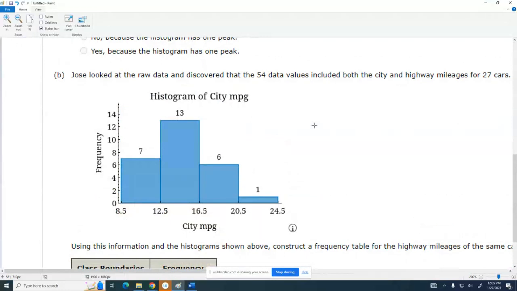It is another one, still from 8.5 to 12.5, then 12.5 to 16.5. But here it is 7, 13, 6, and 1. This one is only for the city. Usually city driving is slower and needs more gas, right? The highway is faster and uses less fuel. Yes, this is only the city. So when I compare them together,